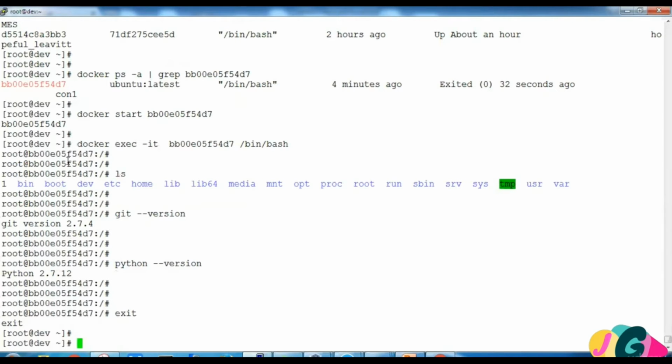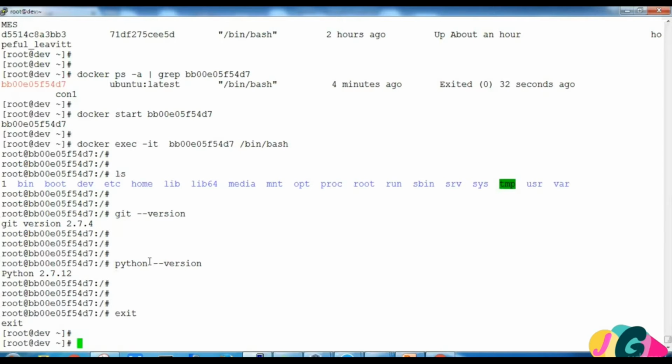It will not be saved by docker. That's the reason we discussed that if you want to save something persistently, or store the data or configuration for a long time, then we have to use a volume.